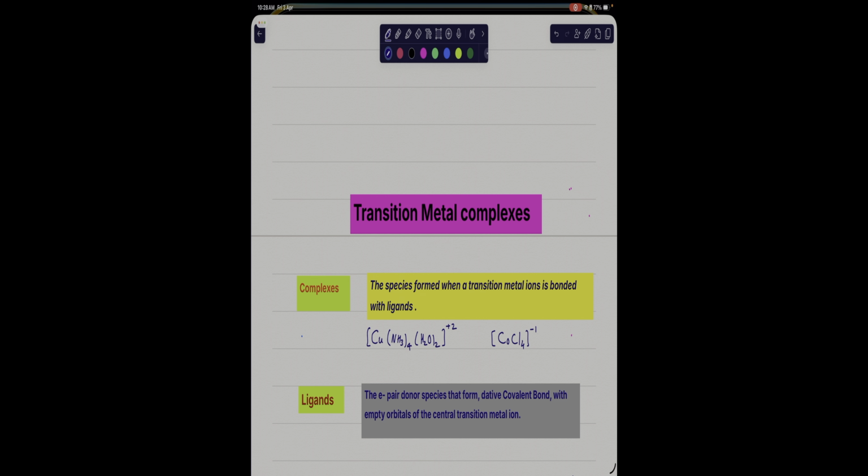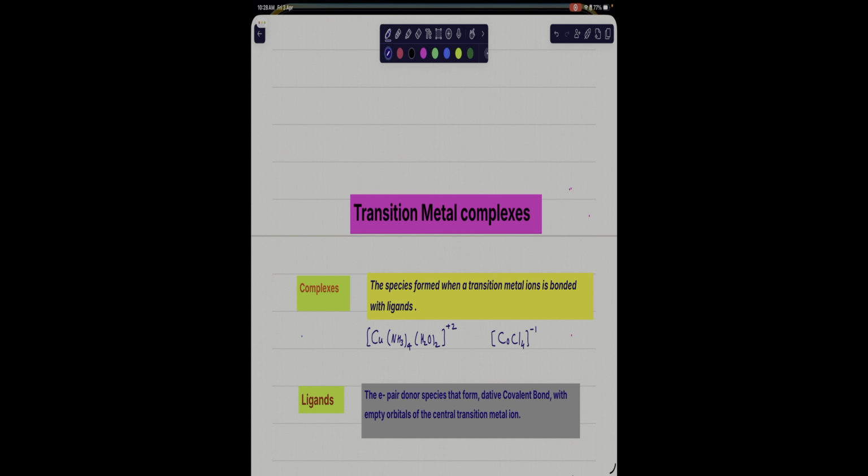Hello. In today's lesson, we are going to study the introduction to transition metal complexes, how they are formed, how to name them, what ligands are and what their types are. And in the last part of the lesson, we are going to study the stability of different types of ligands. Okay. So, students, you will be seeing in your book there are some compounds which are often written